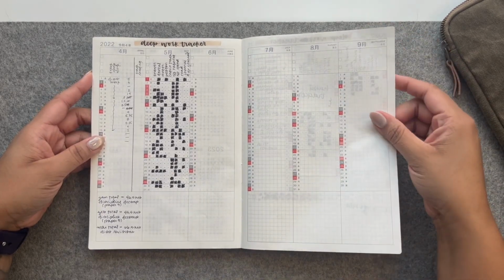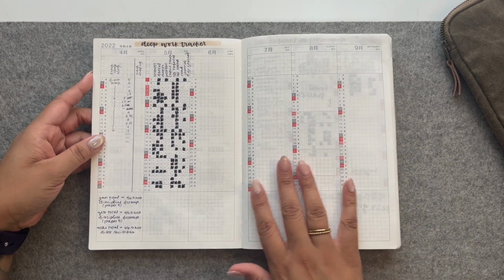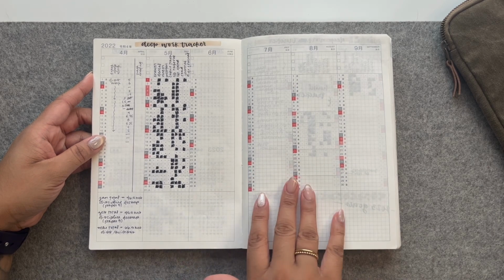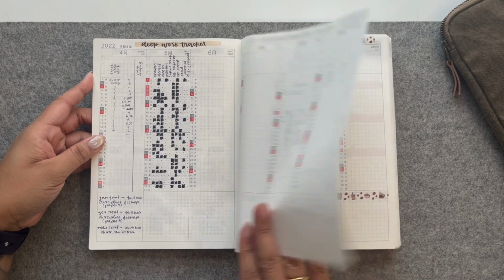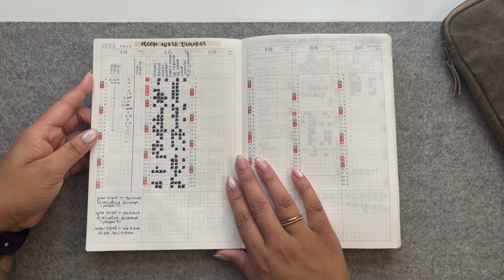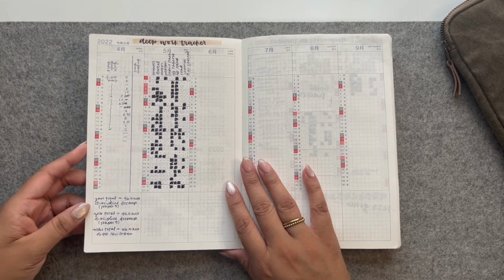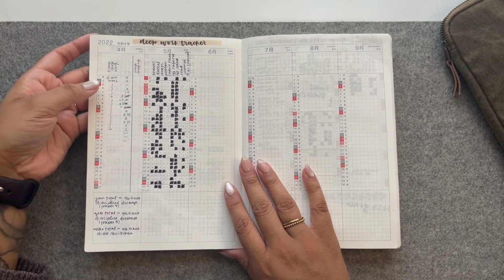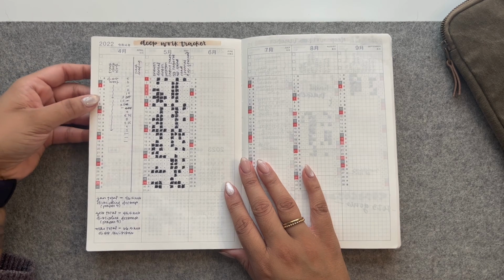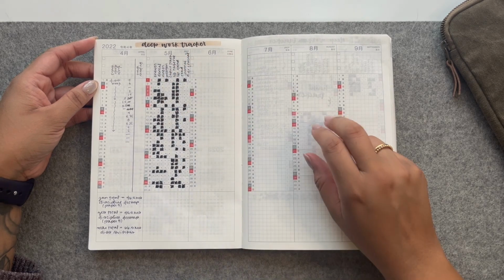So for the next two layouts, I've used these in a couple different ways in this planner. All of the different ways that I've used this layout have been inconsistent, as you can see, so I'm hoping to be more consistent with my 2023 setup. But the first way I used this layout was to track how many hours a day I was working on my dissertation. I got the idea to set up this deep work tracker from